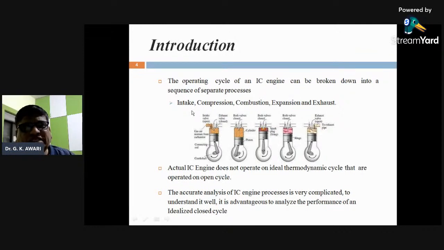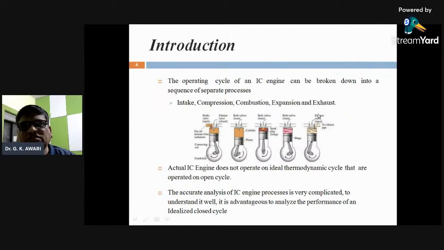The intake is taking fresh air into the combustion chamber, then compression of the mixture or of the air taken inside the combustion chamber, then ignition and combustion happening inside the chamber, and then expansion, or we can say the power stroke, which is obtained through the combustion of the gases,